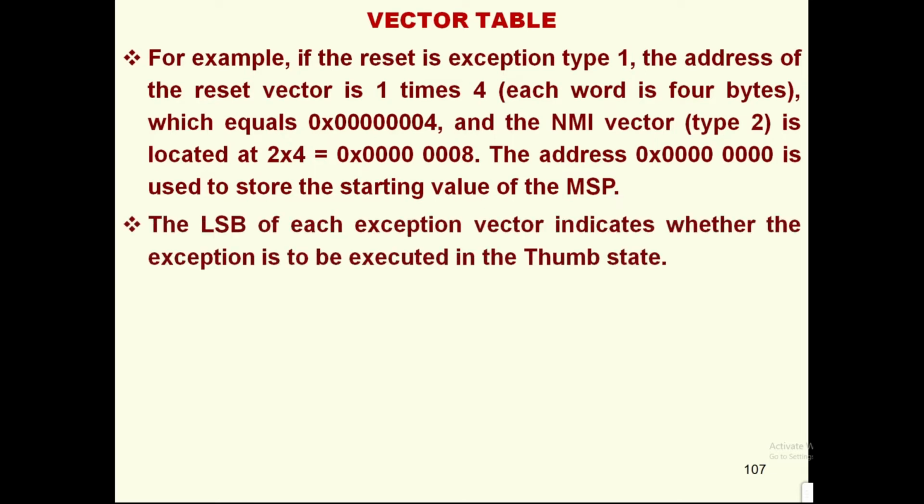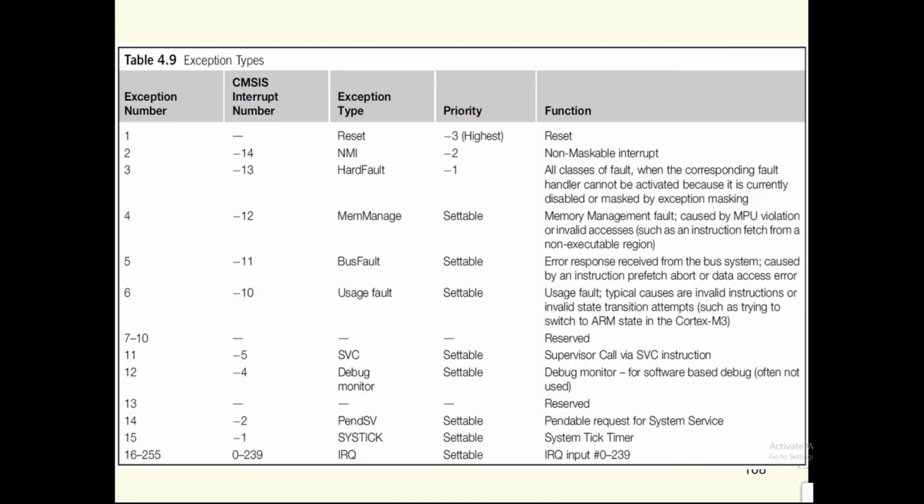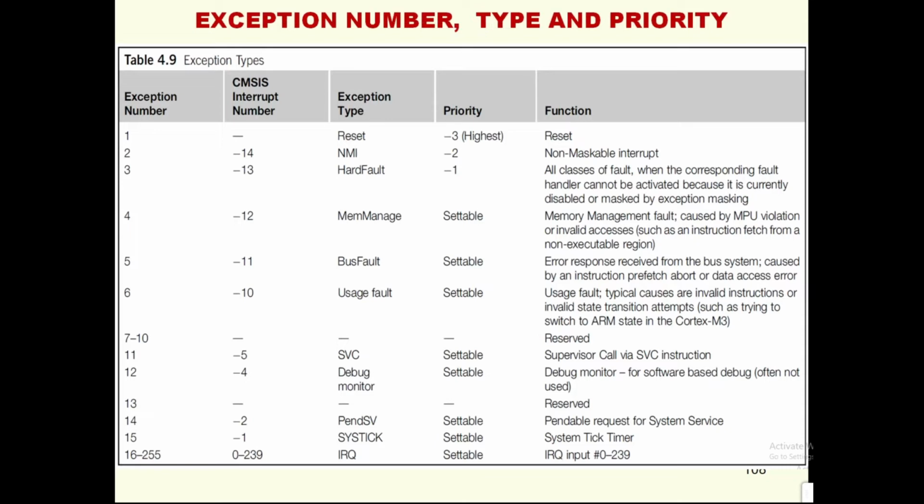The least significant bit of each exception vector indicates whether the exception is to be executed in the thumb state. Since the Cortex M processors can support only thumb instructions, the least significant bit of all the exception vectors should be set to 1. So this is the vector table, with the exception number, the corresponding type, and the priority. Here you see there are exception numbers like exception 1, 2, 3, 4, 5, 6, 7, 8 up to